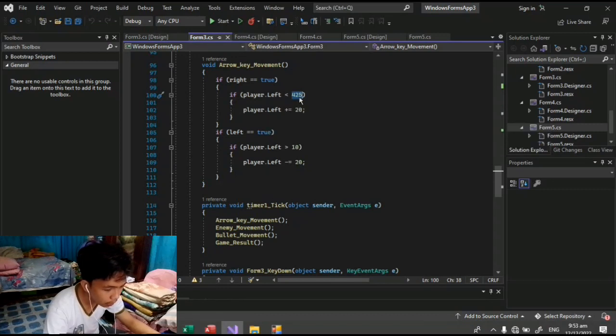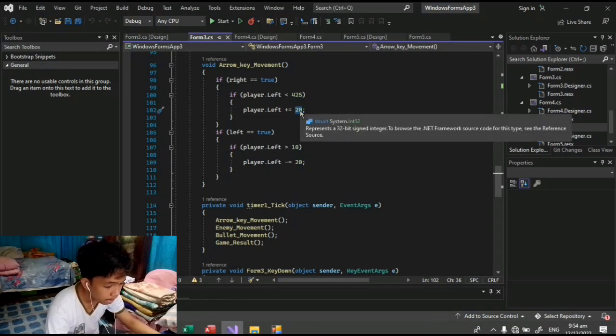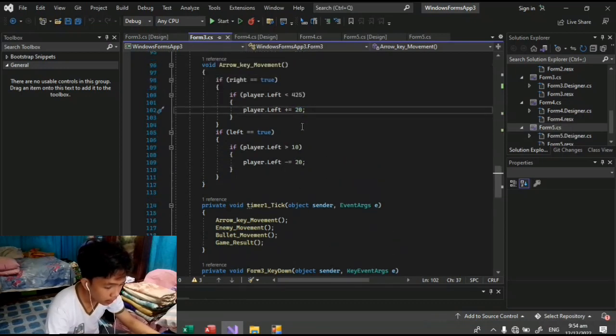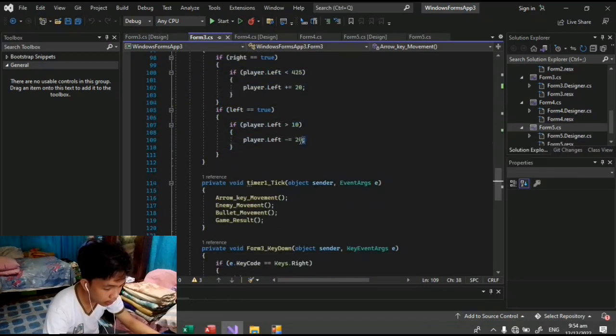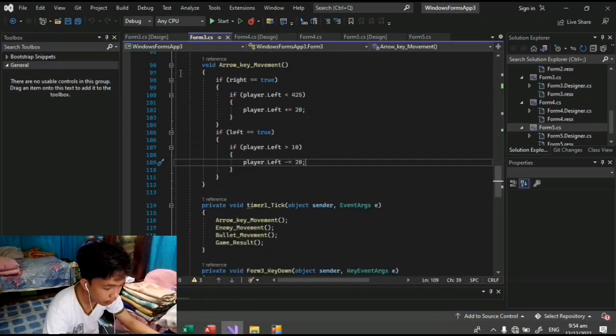If the player goes to the left, the player range is 425, and when it is going to the right, the range of it is 20. So I just did what I did here, copy paste. I just changed the locations, and also I already aligned the